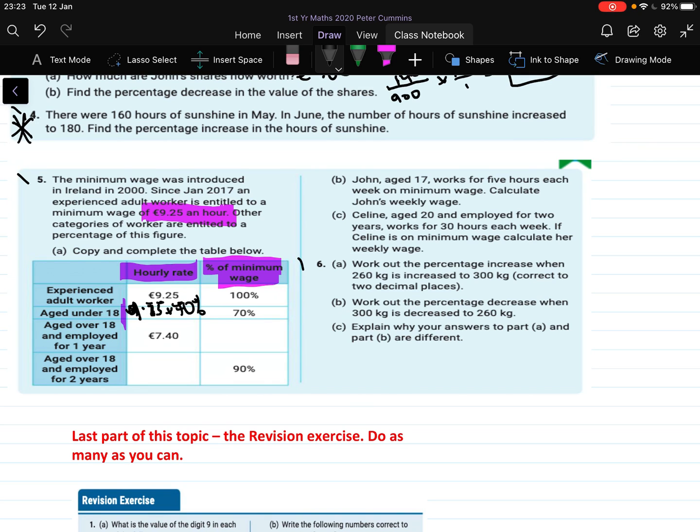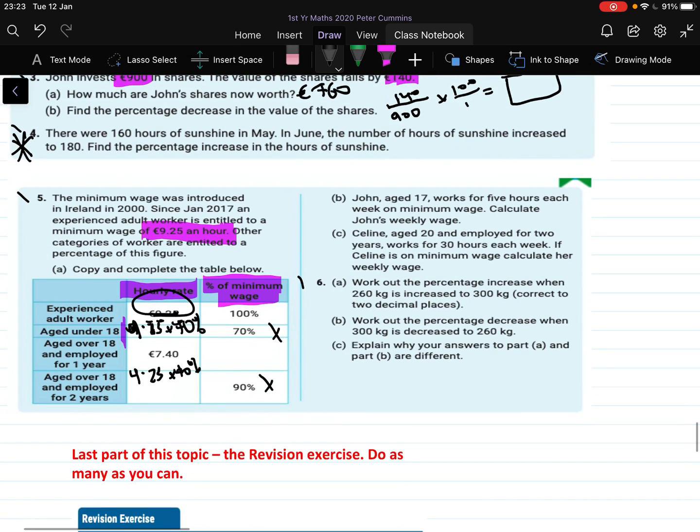Okay, and then all you have to do to find the last bit is multiply 9.25 by 90%. Basically what you're doing is multiplying the number here by this percent and by this percent to find the number in the end. Over here, in this box, you're doing exactly the same as we were doing in the earlier questions. So you have your original, which was 740